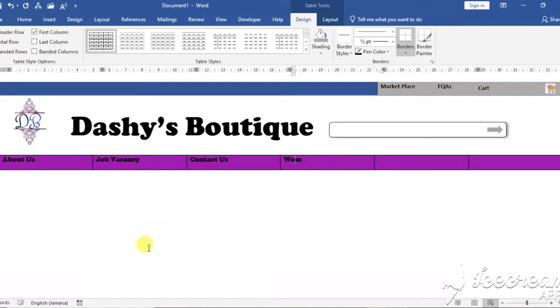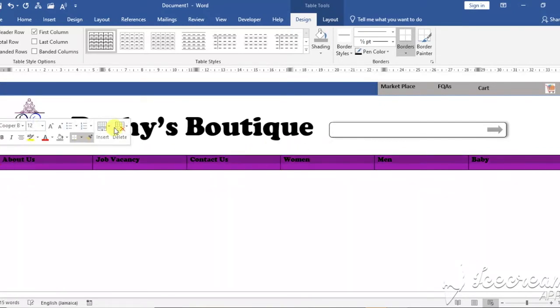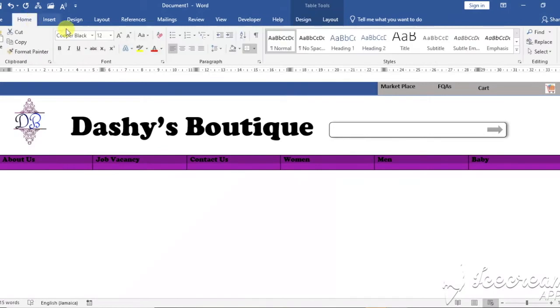And then after that, now I'm just simply going to have a tab, and those will be like dummy tabs. They won't necessarily work. I won't have a link for them. So I'll have women, men, baby, because, you know, it's a boutique. They sell a wide variety of clothes, right? So with that being said, now